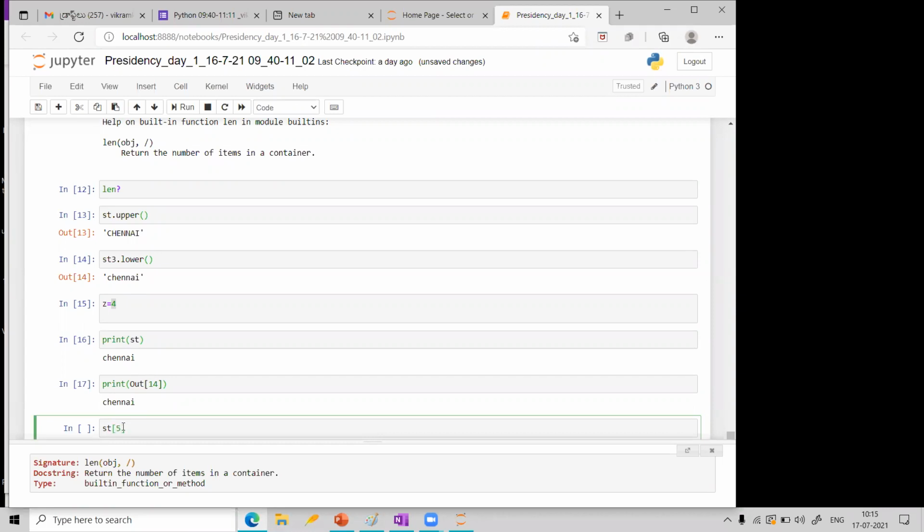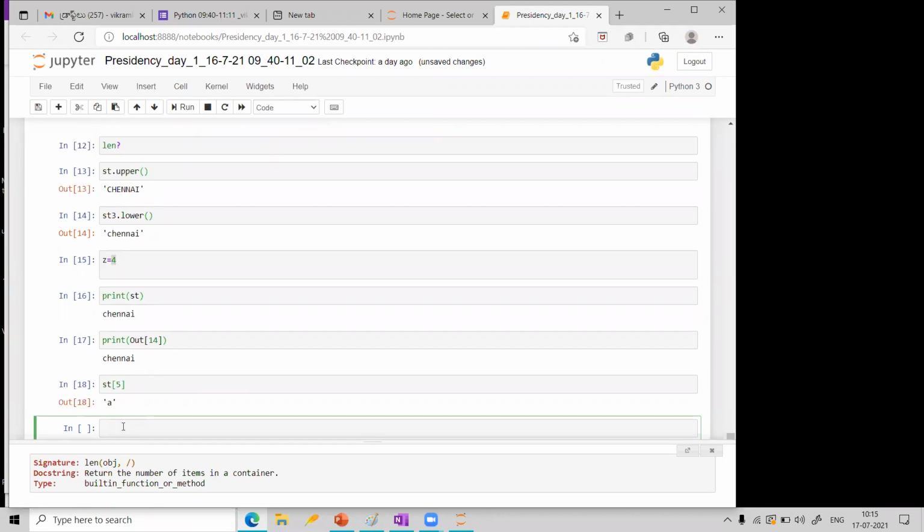Let me click that. Yeah, it is giving A. But for a normal human being, like what we talk, it is actually in the sixth location. It is in the sixth location, but when you are writing in Python, you are calling it st of 5. That st is containing the string. But how to get that? Here I am seeing with my eyes and counting, but automatically I want to find out where that A is. That means if I ask where is A, it should give me the answer as 5.